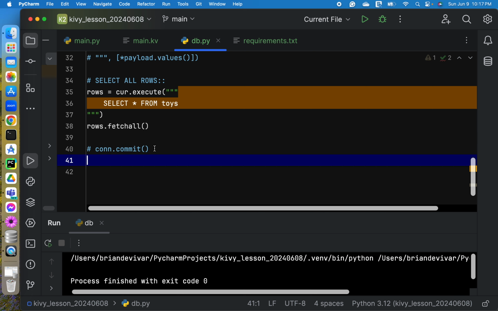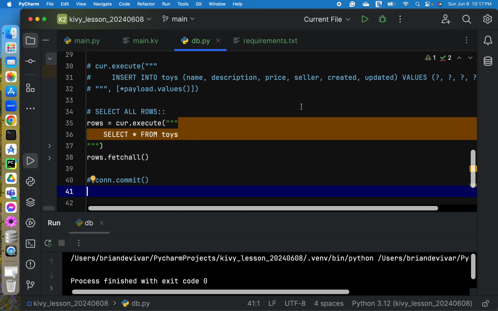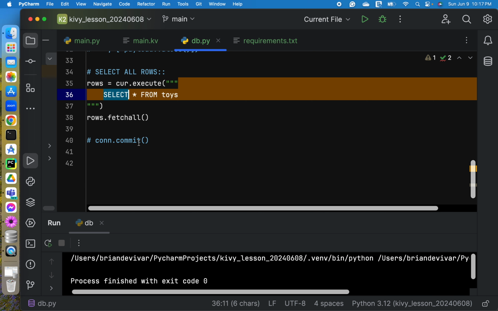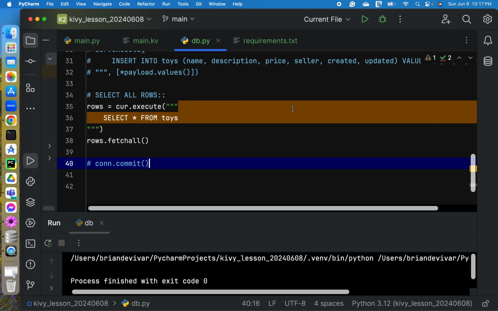Okay, so in select statement, we don't need the con.commit. So we will comment this for now. We will use this later for the update and then the delete.